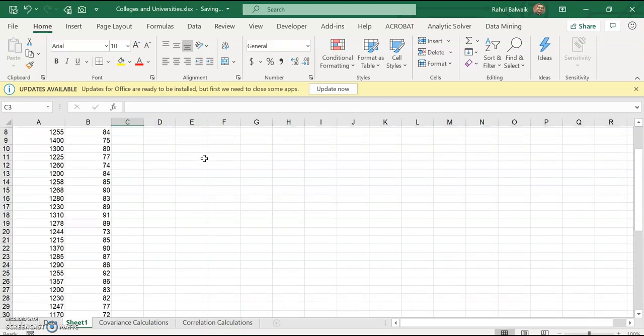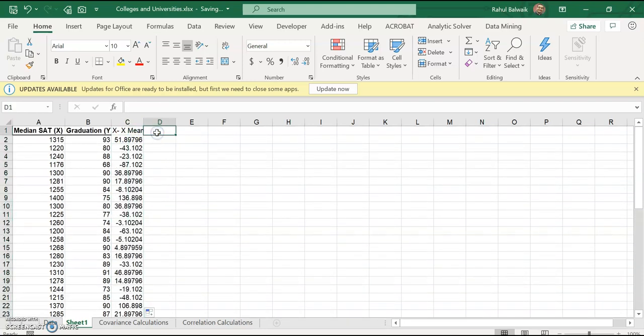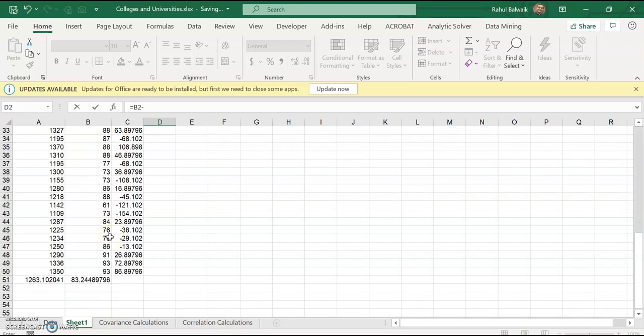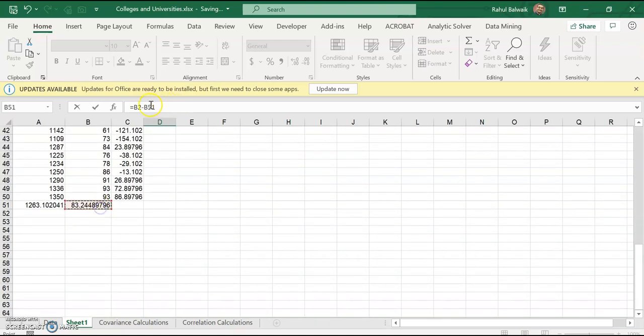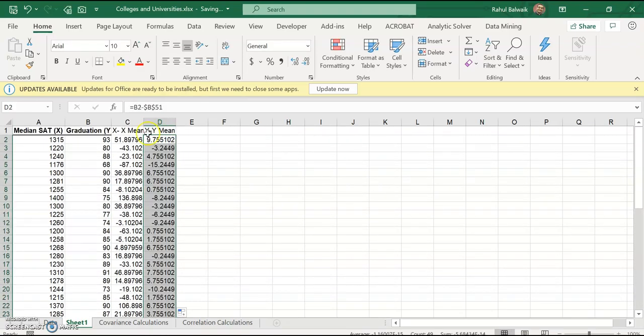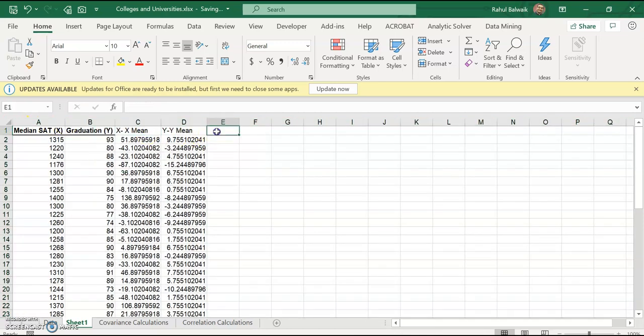Let me make it absolute so that the reference doesn't change. So that's my x minus x mean value. Similarly, let's do the y minus y mean. So that's the x minus x mean and y minus y mean value.